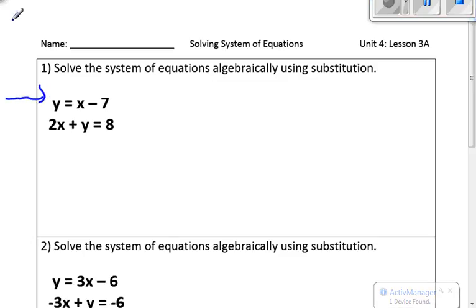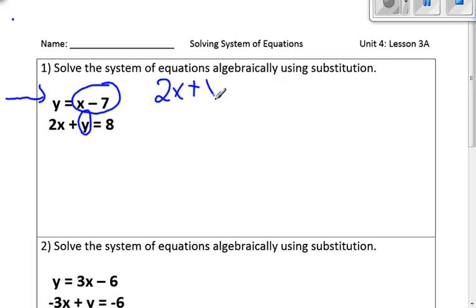Once you see that, you can substitute. Well, we know that y equals x minus 7, and in the other equation, there's a y. So let's substitute. 2x plus, and now instead of the letter y, we're going to substitute x minus 7 equals